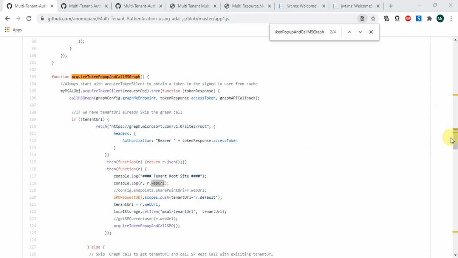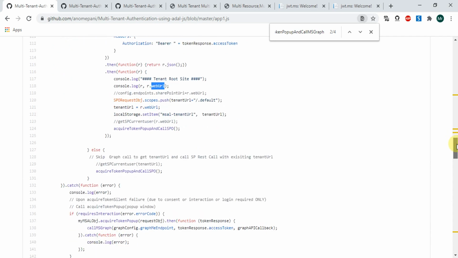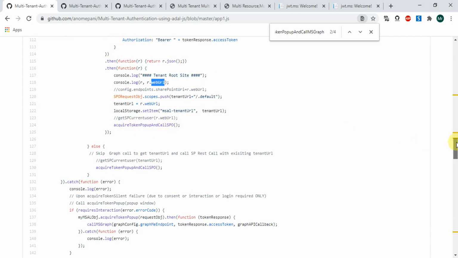And once we get the tenant URL, we are requesting the scope with tenant URL/.default, which is a SharePoint scope, and then we are calling the SharePoint SPO call using MSAL.